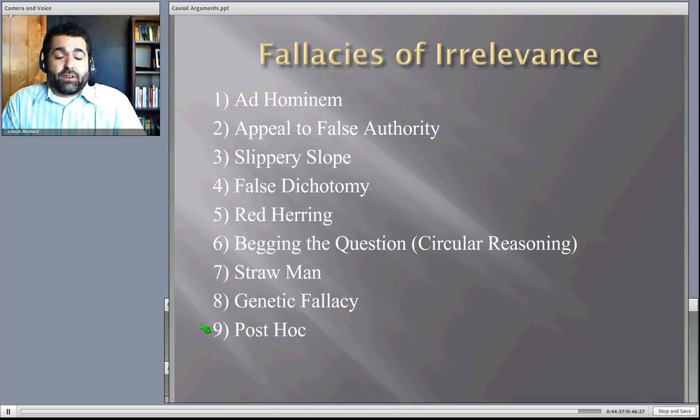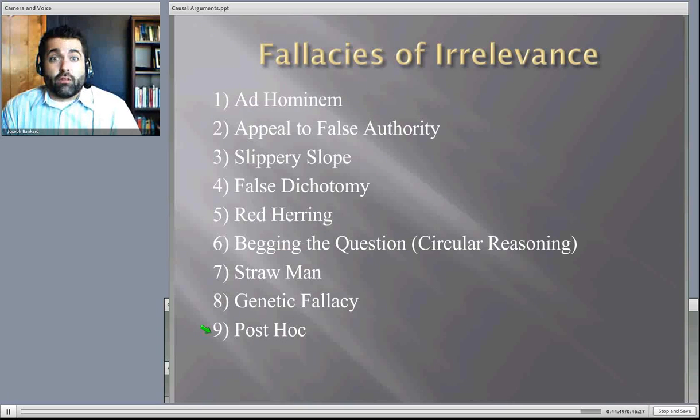It's the method of difference. The only thing that was different is that I ate French toast instead of eggs. That must be it. But we know there's no relationship between what you eat for breakfast and getting a hit. It's just superstition. Maybe that pitcher was a Hall of Famer that night, and that's why you didn't get a hit. Maybe you were tired. It's just luck of the draw. Maybe you hit a couple line drives, but it just went right at the shortstop. So post hoc fallacy is when we try to create causal connections when they're only accidental, right?